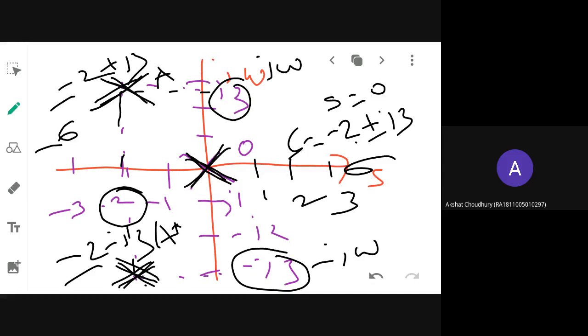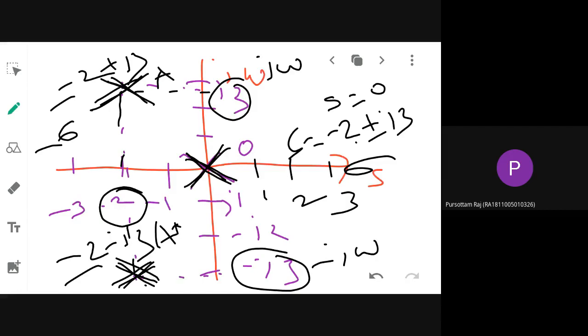But you remember the concept. First step is what? You need to locate the poles and zeros. Poles, how will you locate? The symbolic representation of a pole is a cross mark or a small circle? Cross. So only poles are there in the system. One is located at origin, one is located at minus 2 plus j3, one is located at minus 2 minus j3. All the three you have to locate.